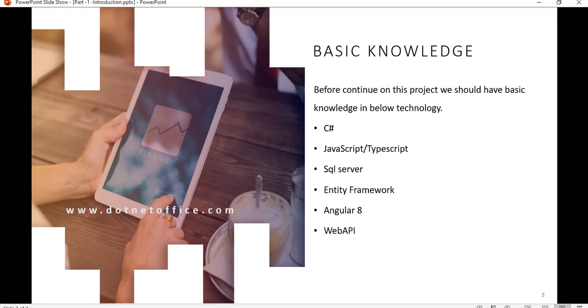Apart from this, we will see the logic behind this, and how we design this application using JWT authentication. We will understand the basics of JWT authentication, how it is useful for Angular, and how it helps make the application secure.